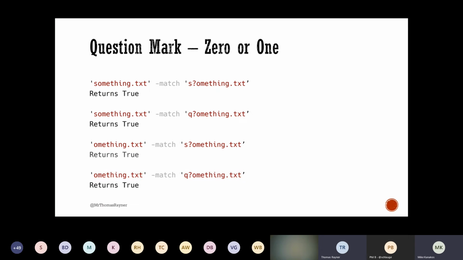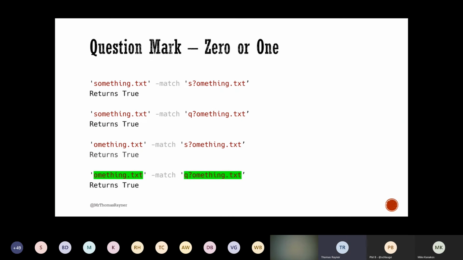So that's quantifiers. Or do we have a bunch of questions? So when you say 0 or 1, like in your last example, and there was no S there, doesn't that really mean that it matches on anything? No, because it also requires the rest of the string to come there too. Okay. So it's saying you can have an S and then the rest of this string.